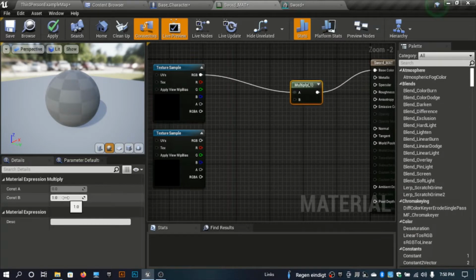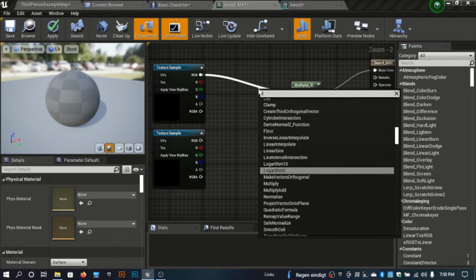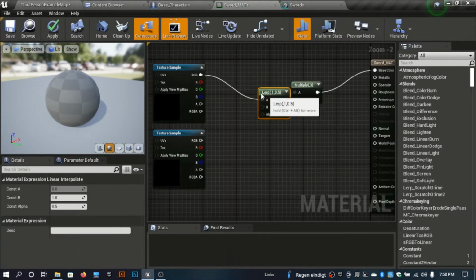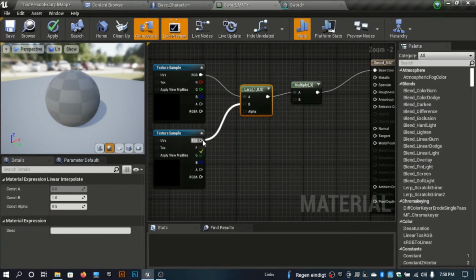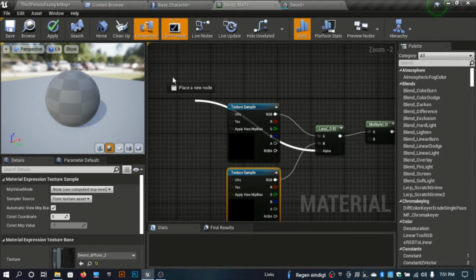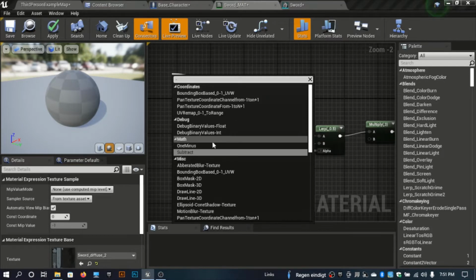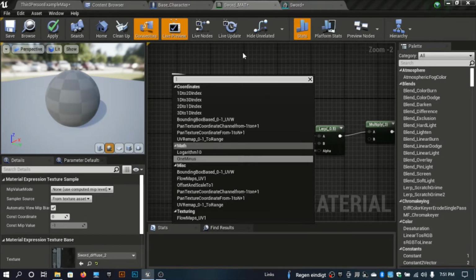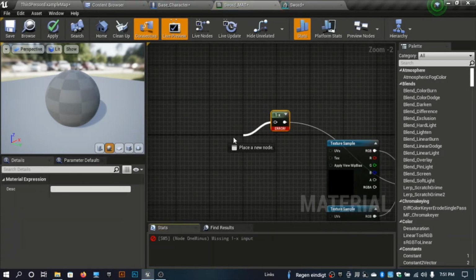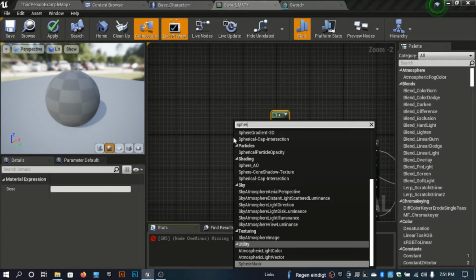Multiply with a value just like 3, and I'll lerp this. That means I'll linear interpolate this, and as the A value I'll plug the diffuse texture, and as the B value I'll plug this diffuse texture too, and as the alpha I'll minus 1 minus, and here I'll here mask,